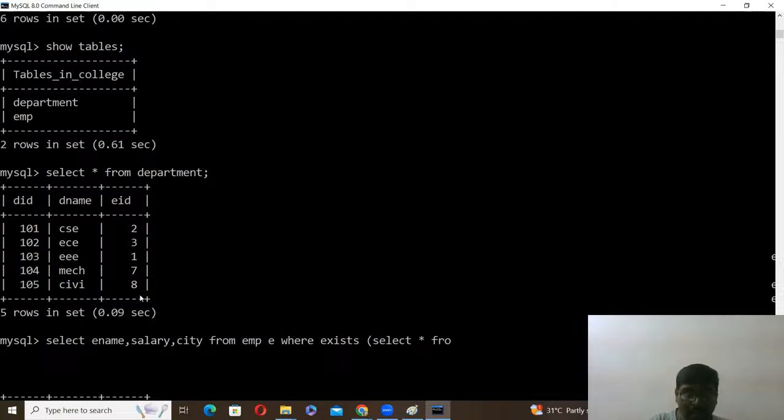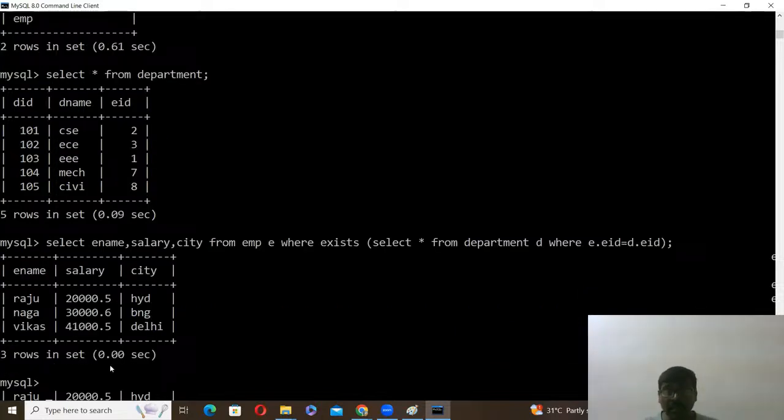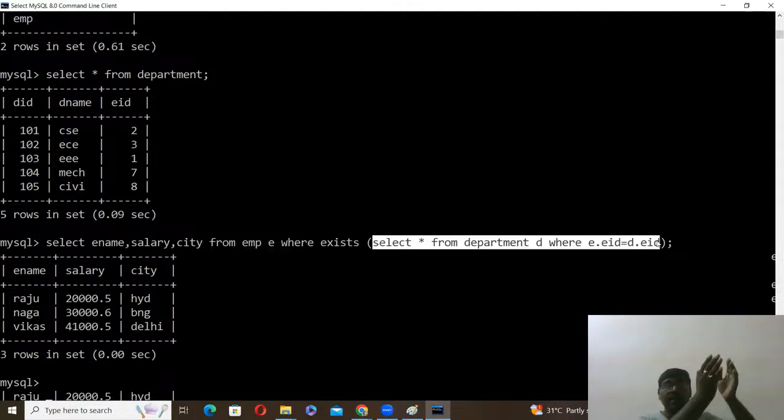Select star from department D, where E dot employee ID is equal to D dot employee ID. Now I think you understand. First understand this one. What it returns: from the employee table, employee IDs are compared with the department table employee IDs. If there is a match,